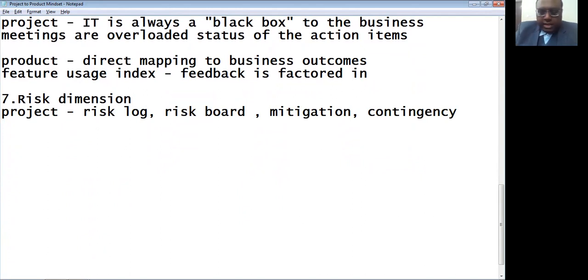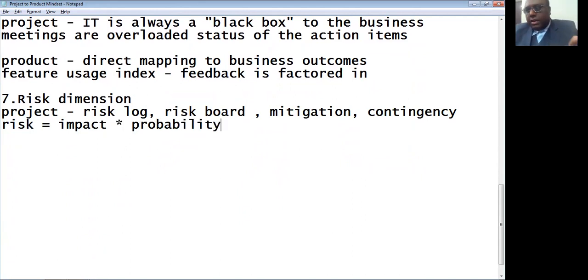and your PMI guide and PMI materials say if you want to quantify a risk, you do impact into probability. All these things are fine, but the point is, are you allowing the risk to evolve in tune with the market changes? That aspect will not be there in a traditional waterfall model, because in a traditional waterfall model, you always think it is a fixed target.